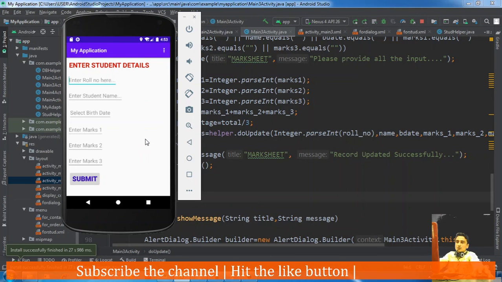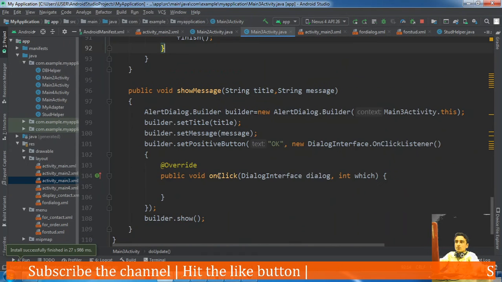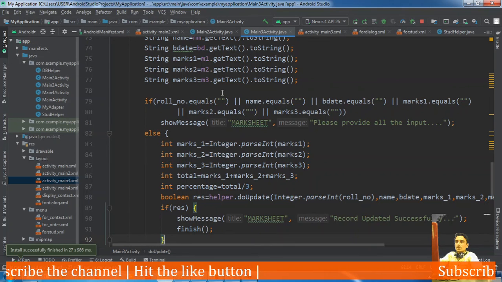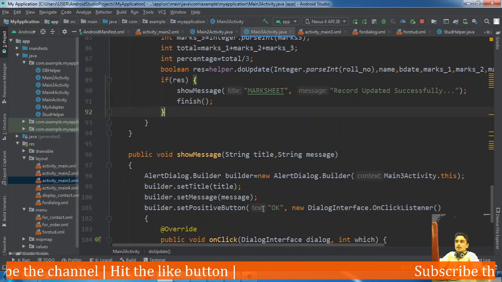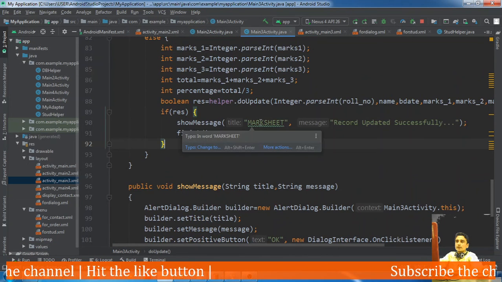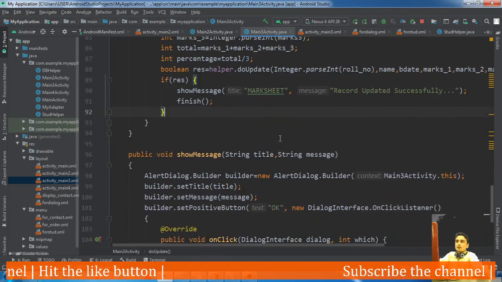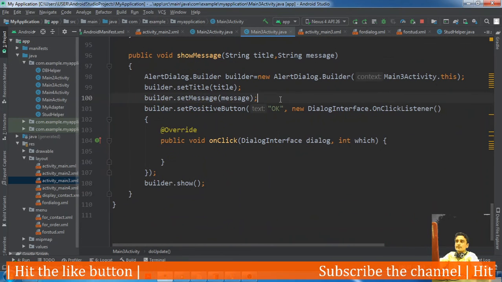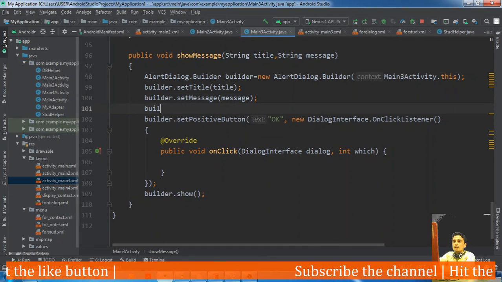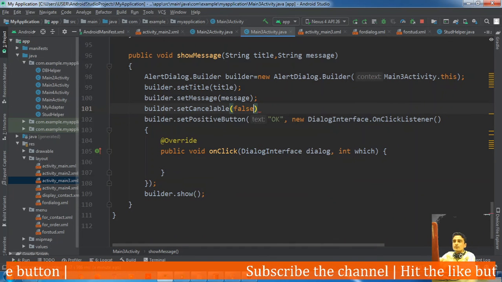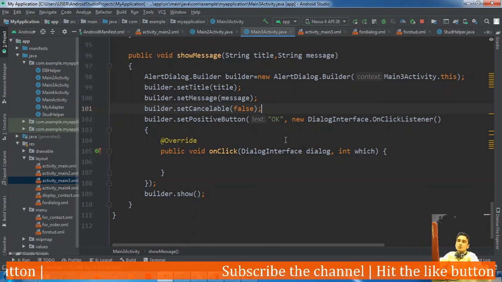Okay, so yeah, the dialog box automatically disappears. If we want to show that dialog box which is appearing and we want client to click on that dialog box, we can make that dialog box as cancelable false, builder dot set cancelable false. Okay, and we can do that thing also.